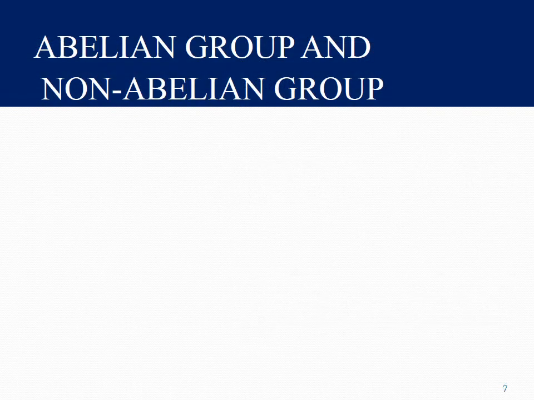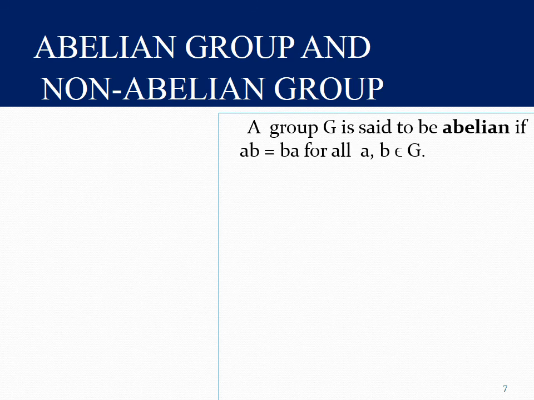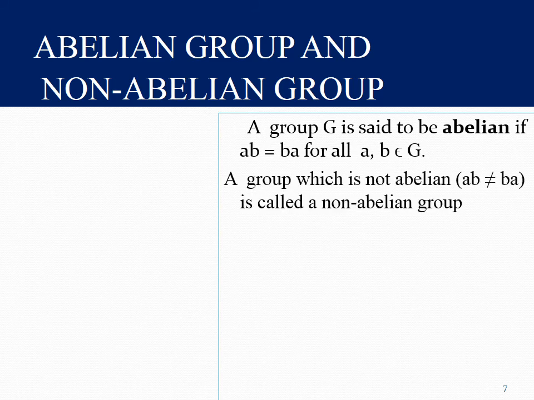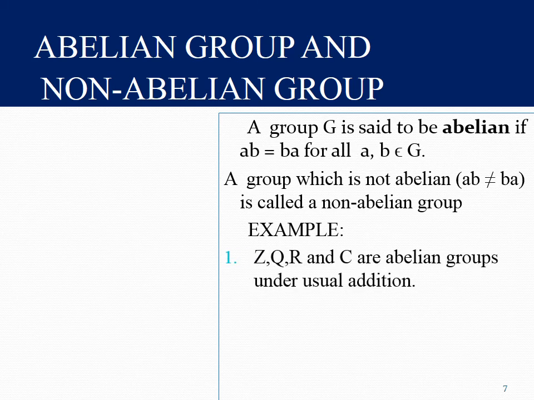Next, abelian group and non-abelian group. What is abelian group and non-abelian group? If the condition ab equals ba holds, then the group is said to be abelian. A group is said to be abelian if ab equals ba for all a, b belongs to G. Otherwise non-abelian. So example, again you should recall the number system: Z, R, Q and C are all abelian groups